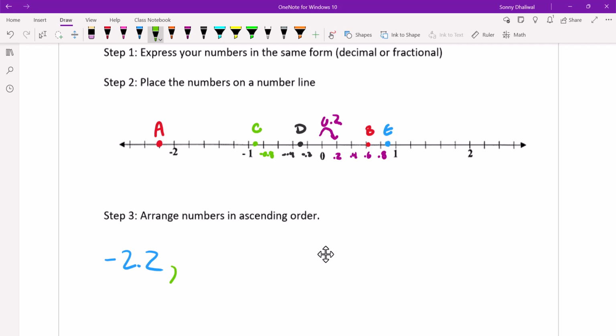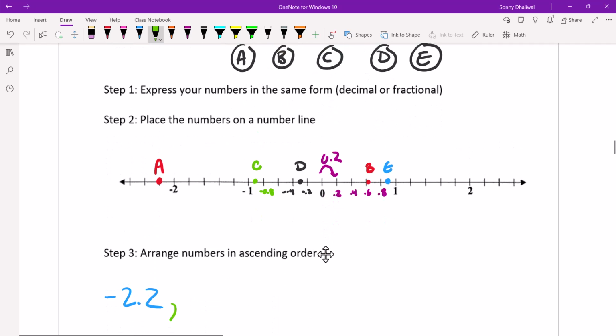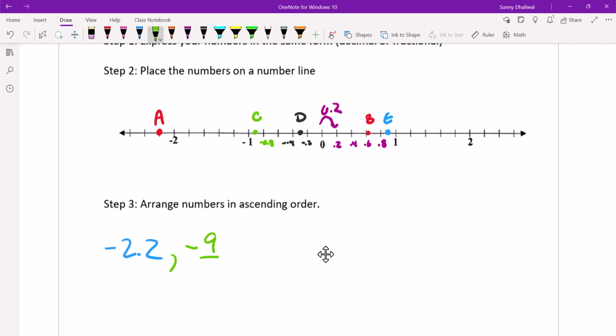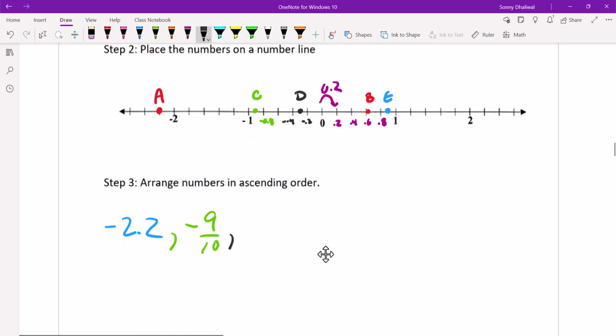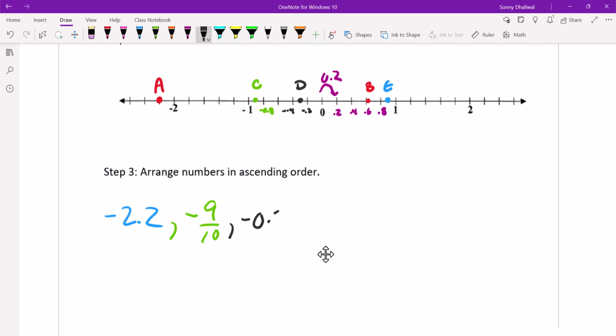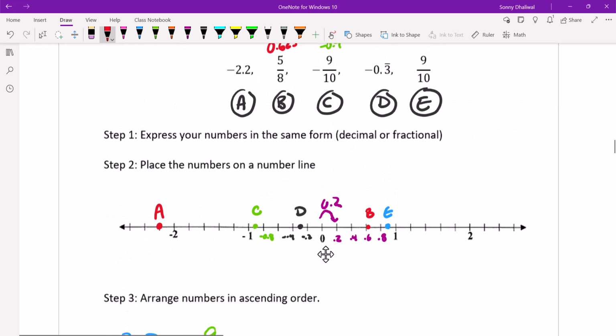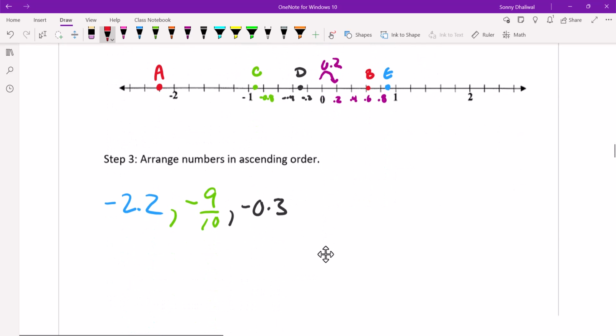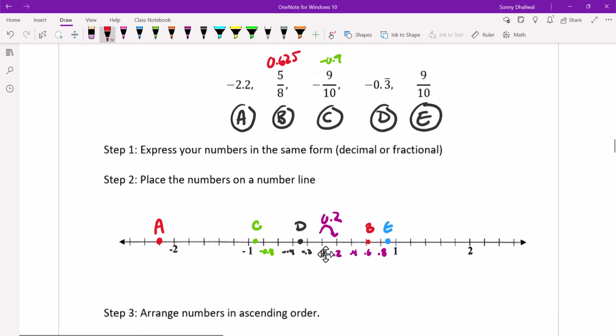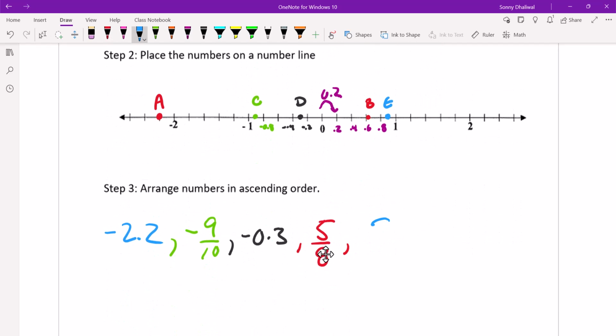Then we have C as our next one. So we go over to C, we find out what C was. C was the negative 9 over 10. Then we go over to D, find out what D was. D was the negative 0.3. Then I go over to B, find B. B was 5 over 8. I do that one. And I find E, which was 9 over 10. There we go. And that's it. Smallest to biggest. And you got about